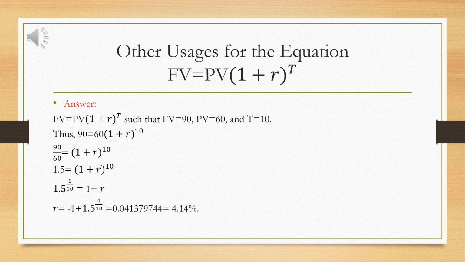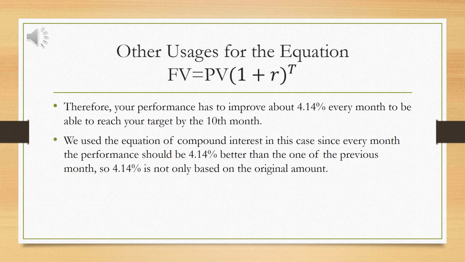Of course, in order to solve this problem, we're going to use the equation future value equals present value times (1 plus r) to the power t, such that future value is 90, present value is 60, and t is 10. Thus, 90 equals 60 times (1 plus r) to the 10. When solving the equation step by step, we find out that r is 4.14%. Therefore, your performance has to improve about 4.14% every month to be able to reach your target by the end